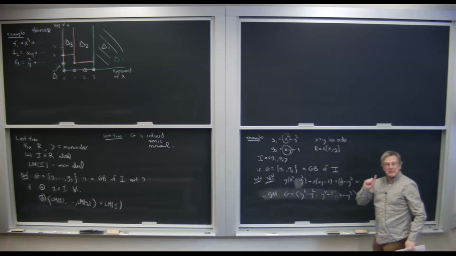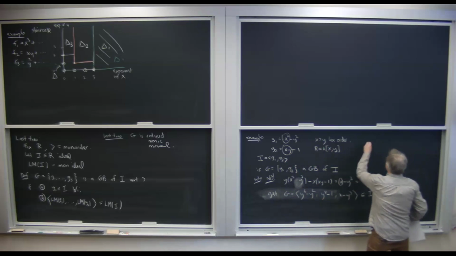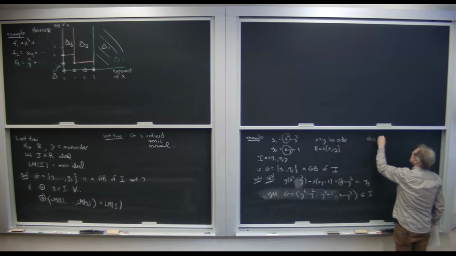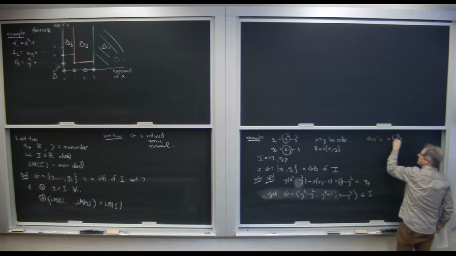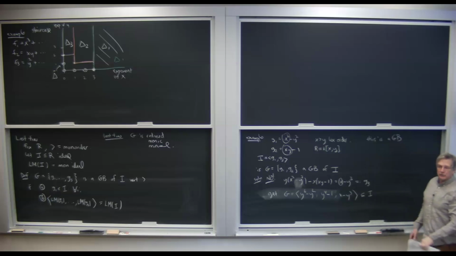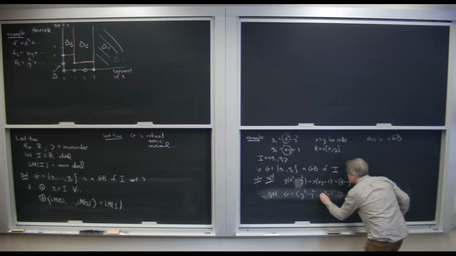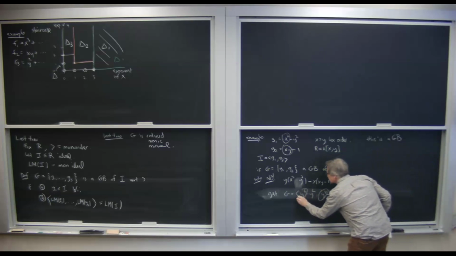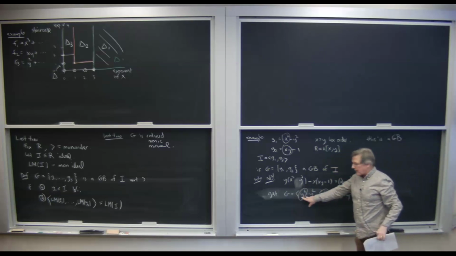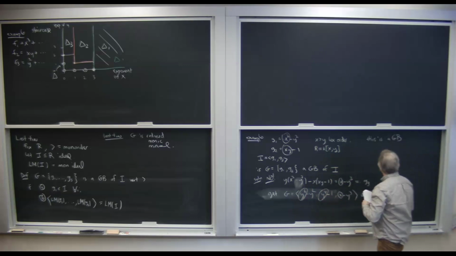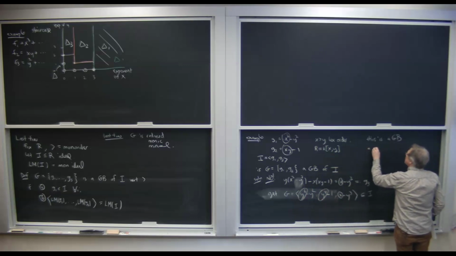Well, I want you to think about it, but it is. This is a Groebner basis with respect to this order, but it's not a minimal Groebner basis because here x is the lead term, that's fine. Y to the 4th is the lead term and y to the 6th is the lead term, but y to the 6th is divisible by y to the 4th. So in fact, a reduced Groebner basis